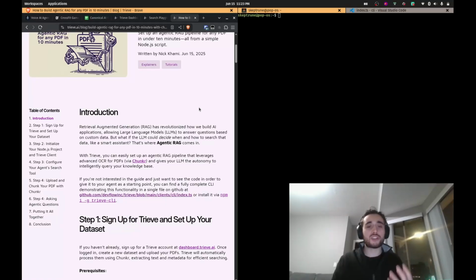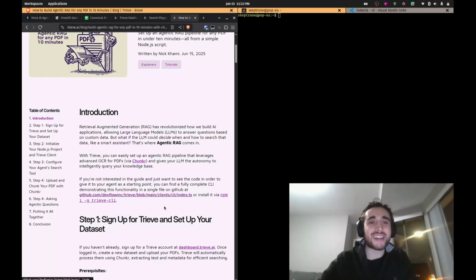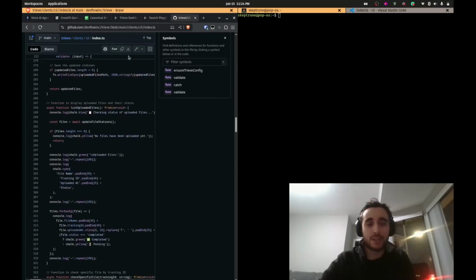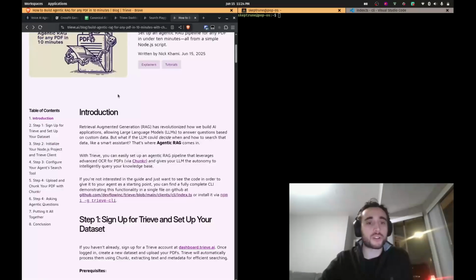The purpose of Agentic RAG is to allow the large language model to write its own search queries, look at the results for those search queries, and then iterate on the terms it's putting inside of that search. I made a simple CLI to test out Agentic RAG, which you can look at the source code for here. And if you don't want to read the blog and go step by step, you can just copy the entire file into Cursor or Claude Code or Cline or your AI coding assistant of choice and let it go to work